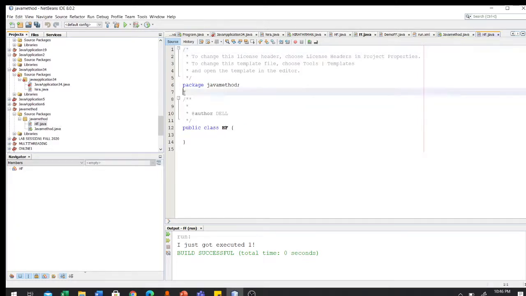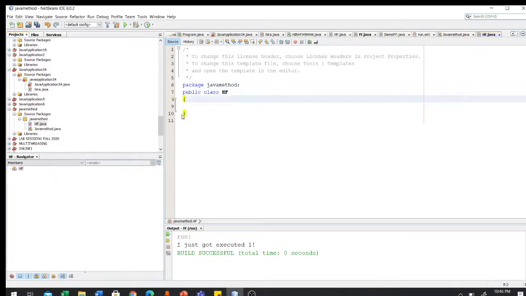Now I'm writing some methods in the class HF. For example, I'm writing here one method, void.